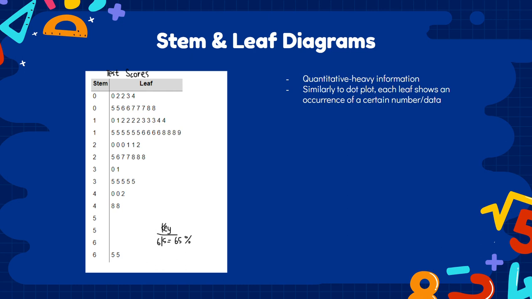So you can see 5 people got 35s, right? The key says 3-5 would mean 35%. And if that 5 showed up 5 times, then there's 5 instances where the tens place is a 3 and the ones place is a 5. Yeah, I mean, that's all there really is to stem and leaf. I don't really know if there's another way to explain it. It's just connecting the tens place with the ones place, and the key is crucial. You want to look at the key, know what you're talking about. So yeah,